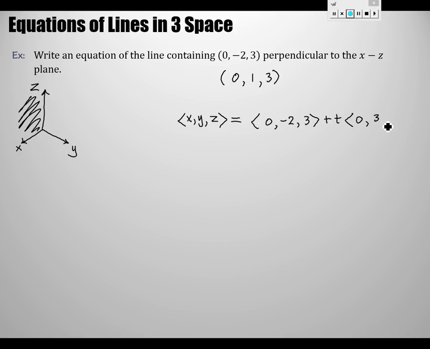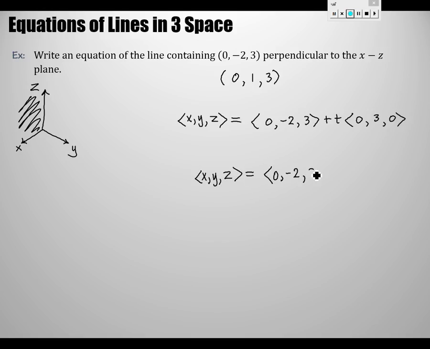0, 3, 0. Not a coincidence that this is true. Is this very clear to you that this is a vector in the direction of the y-axis? Does its magnitude matter? Actually not, really, right? So actually another good way to write this equation would be to just write